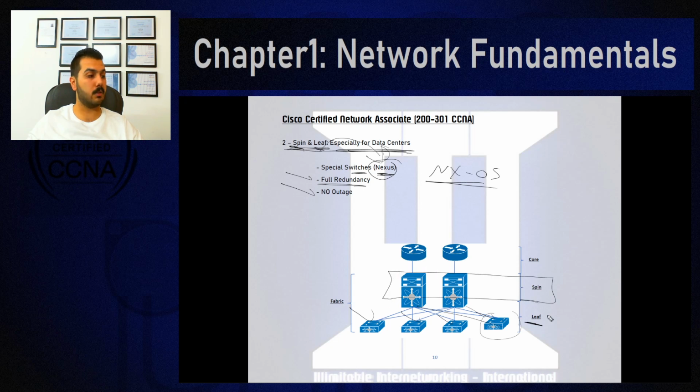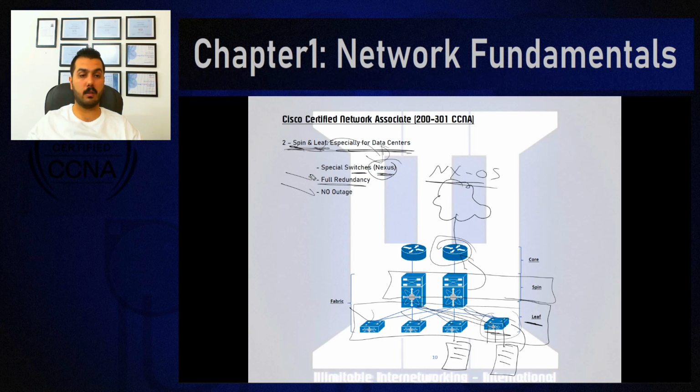It has the multi-layer Nexus switches, and the leaf also uses Nexus switches, but this one will go to the servers. Mainly it will not go to end devices like PCs, but it will go to servers. We did use the term end device for servers also, but no problem. So mainly this will be connected to servers. Servers will be connected to the leaf, which has more than a single connection to the spine, so they don't lose it. And the spine will go back then to the core, of course, because the core is what connects you to the